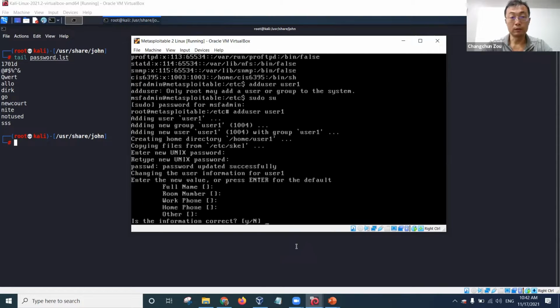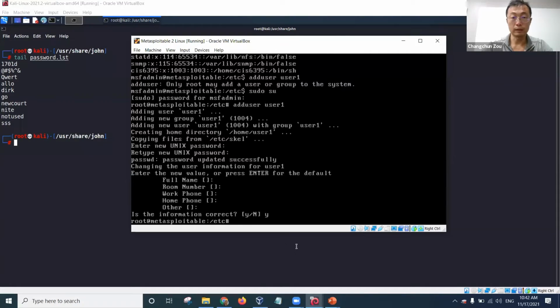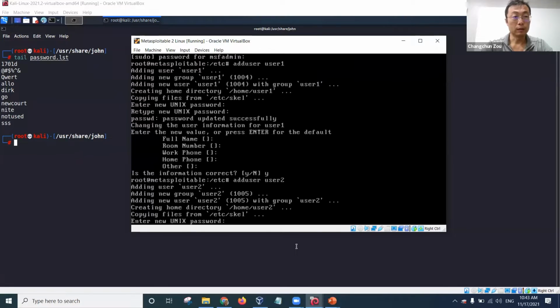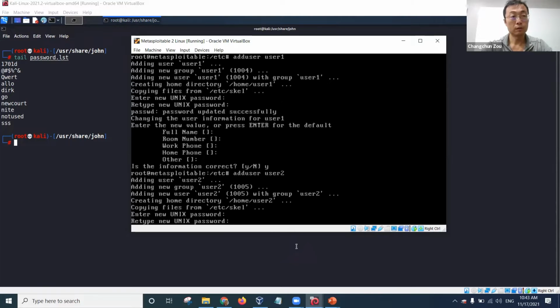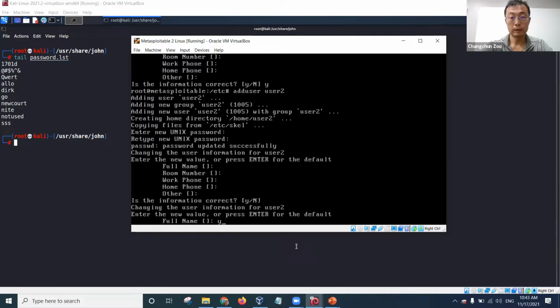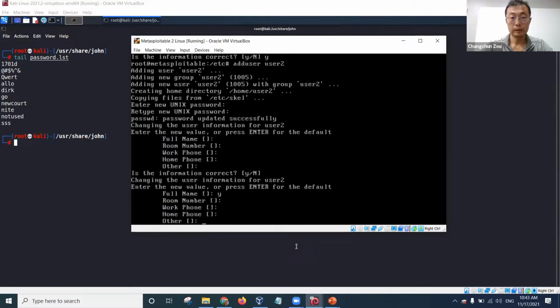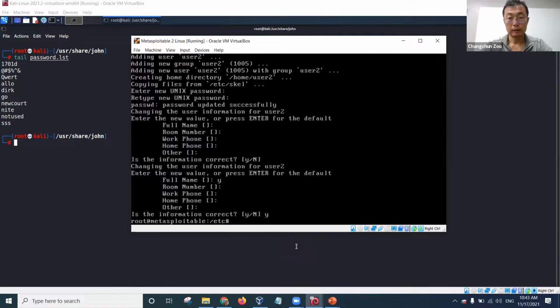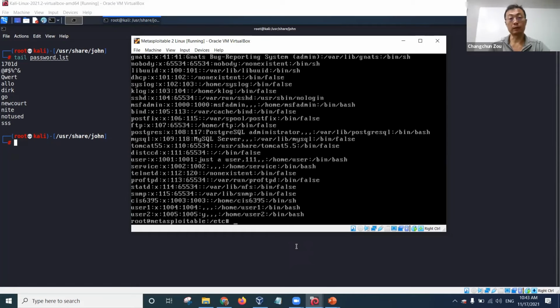Then we add another user, user two. Now if you see the password file, you can see that user one, user two is added, but